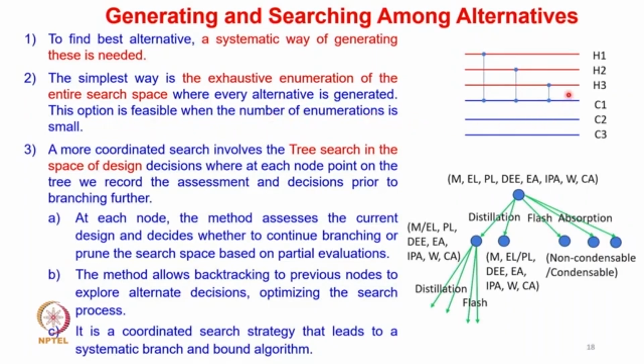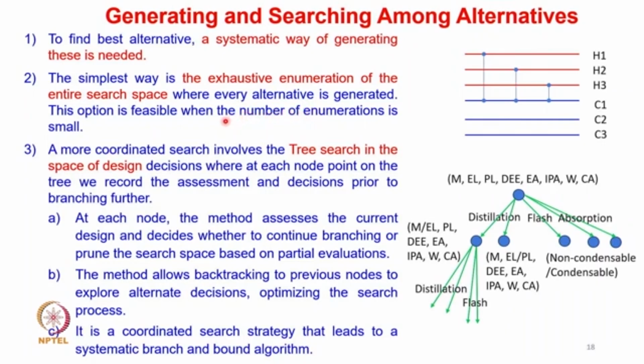A common example is shown here, where there are three hot streams exchanging heat with three cold streams. You can see that if we take an example of cold stream 1, it can exchange heat with hot stream 3, hot stream 2 and hot stream 1. So there are different possibilities. It can have the exchange with any one of these or with all. Also, the flow of these streams can be co-current and counter current. So all such enumerations one can check in the exhaustive enumeration, and based on that finally the best flow sheet